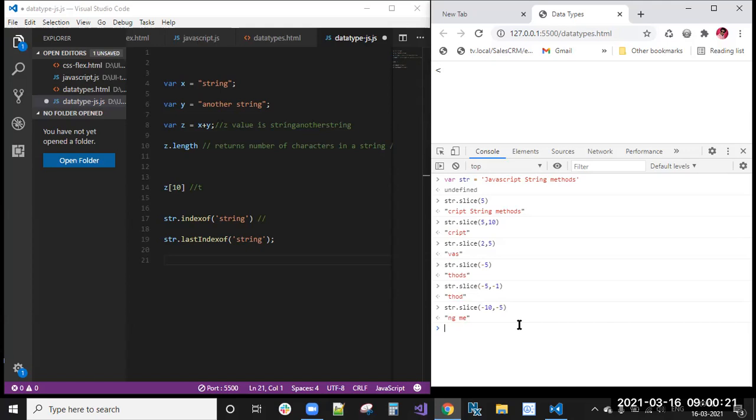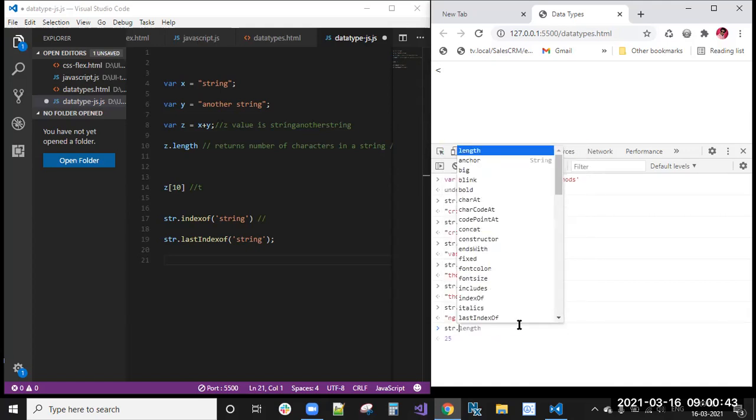Negative index means it will start from the right side. Always the string count starts from the left side, but if you give a minus position, you will get it from the right side.